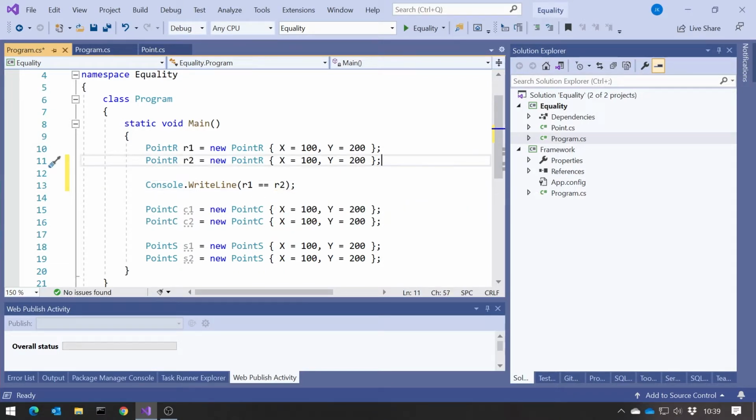And that is, for a record, going to give us what's known as a value comparison. So it's not telling us that these are the same point, it's simply saying these are two different points but with the same values, 100 and 200. Similarly, we get generated for us with a record a not-equals that just does the reverse of that, but